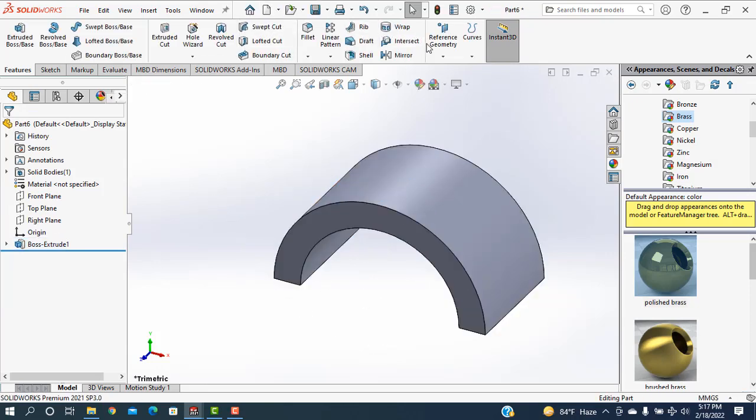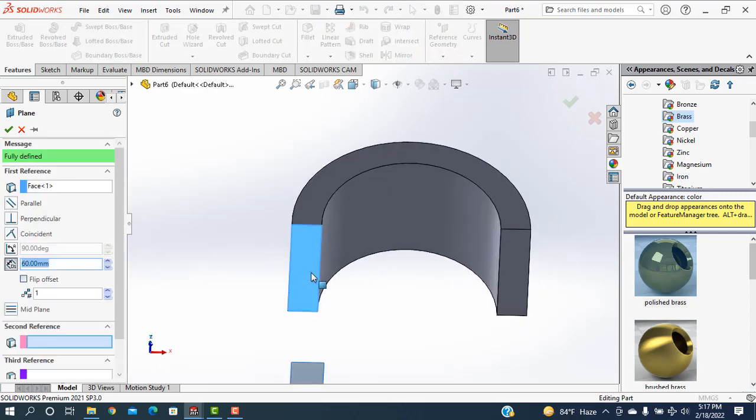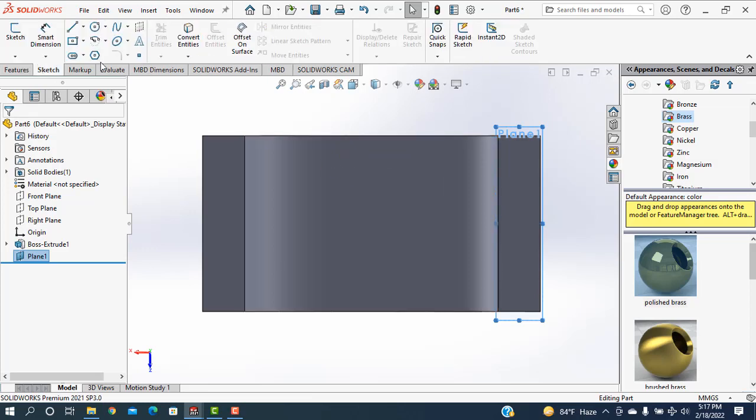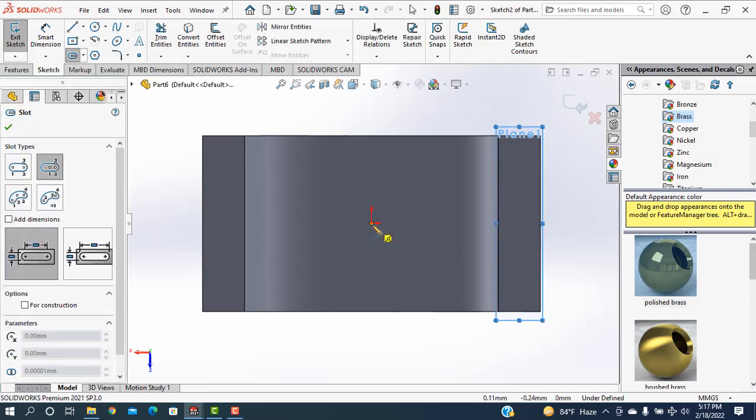after that I'm going to the reference geometry, plane is selected, then click on the surface and I'm taking this one as 60 and preview offset, then okay. The right one, click normal and go to the sketch, going here and center point straight slot is taken, sketch it,